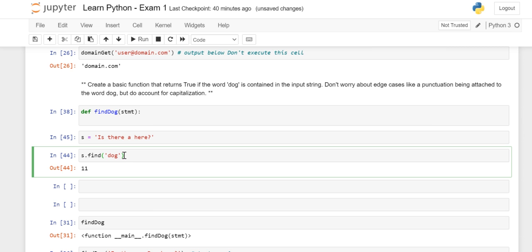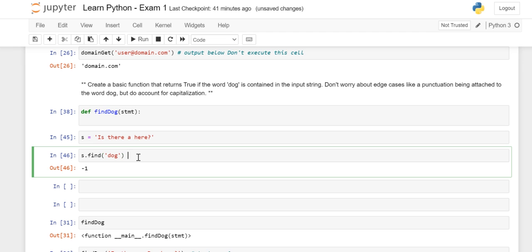It will give you what? 0? No. When you talk about indexing, what happens if you are not able to get a certain index? The return will always be -1. Why? Because the index starts with 0. So we got our two scenarios.